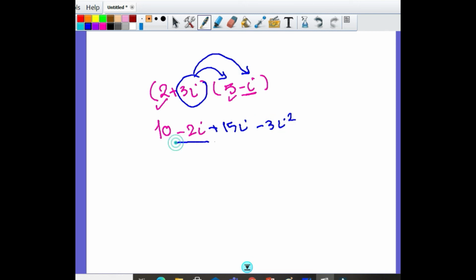طب انا عندي 2 لايك تيرم اهو i و i فيهم نفس الباور دي هتطلع 13i. طيب والكام؟ قلت 13i معناها بوزيتيف، محدش يتلخبط في ايه، 13 بوزيتيف 10 بلس 13i. طب i باور 2 بنيجاتيف 1، نيجاتيف 1 تايمز 3 هتطلع بوزيتيف 3. طيب وبعد كده اخد الريل مع الريل هتبقى 13 بلس 13i. جبت؟